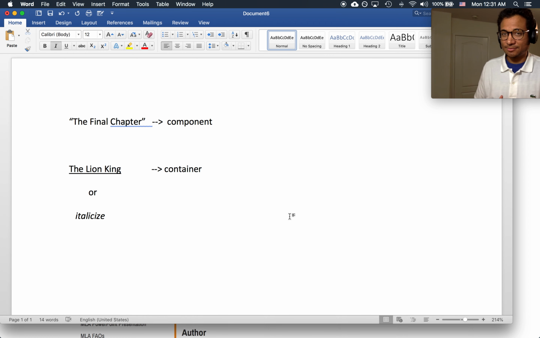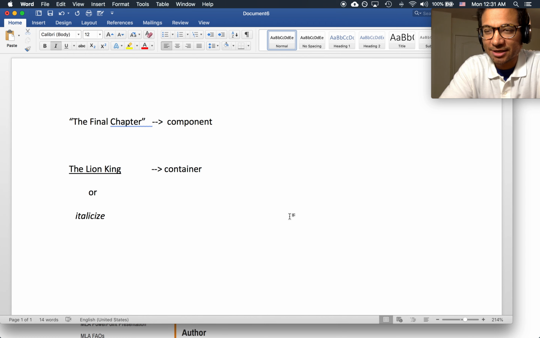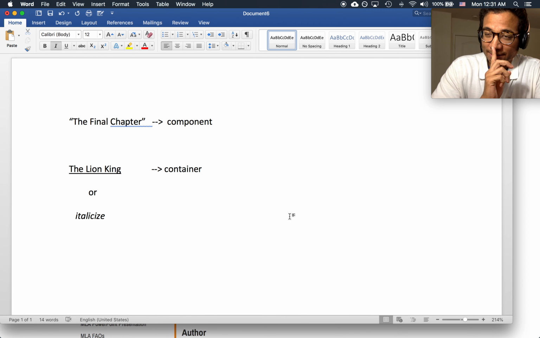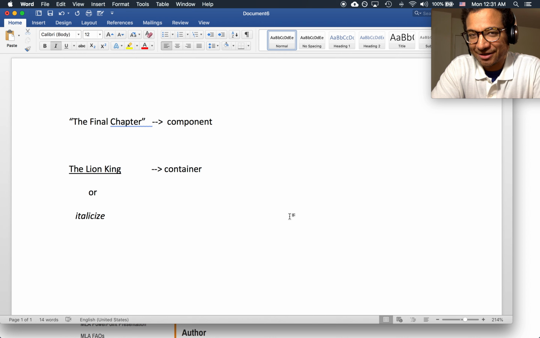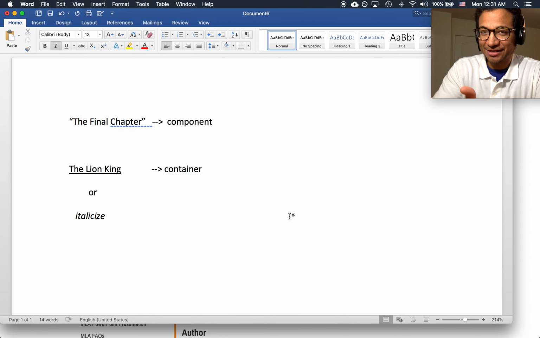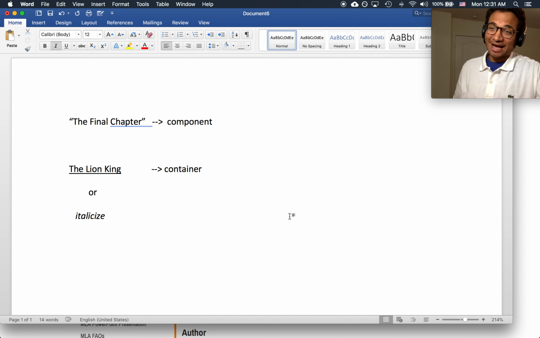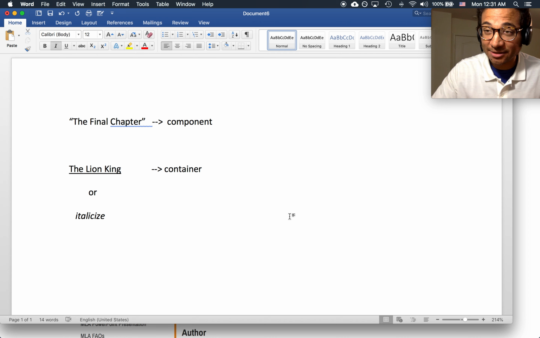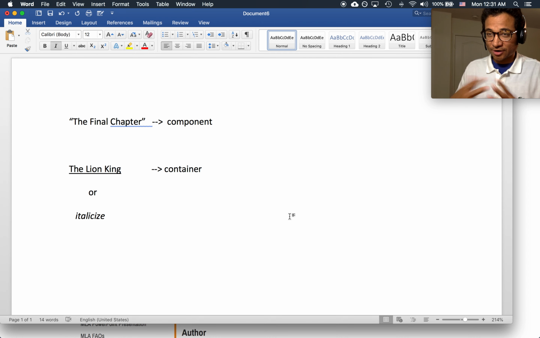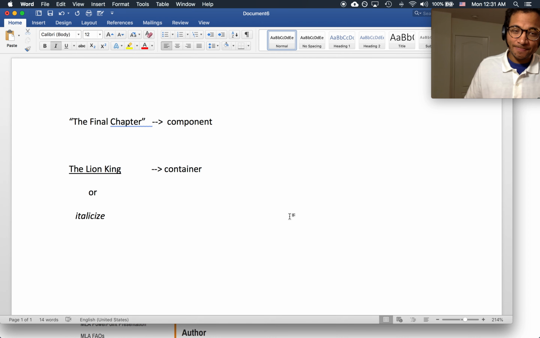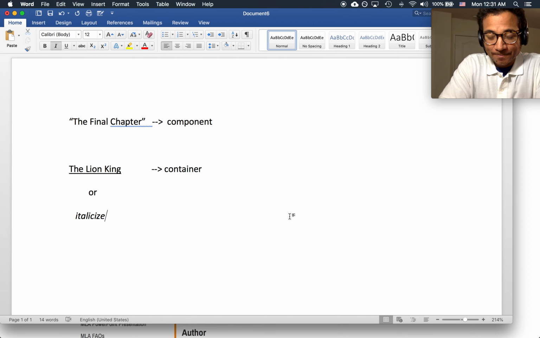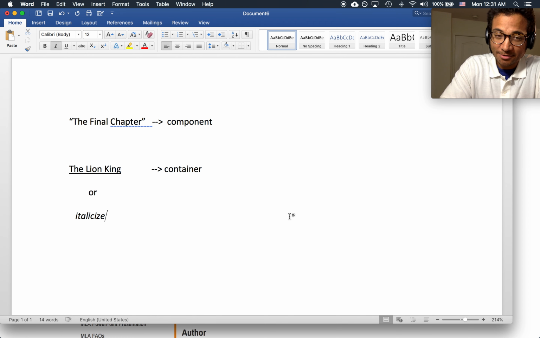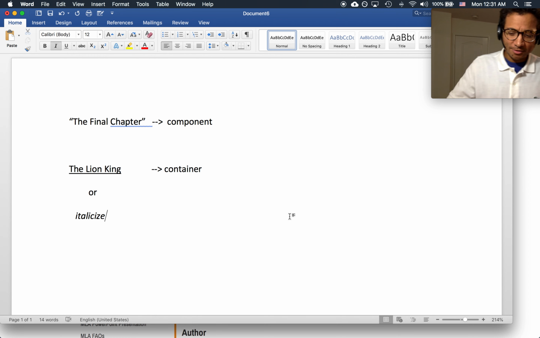Let me give you some other examples. Album, a music album. I used to have this music album by Will Smith called Big Willie Style. So that album title is a container. An album is a container because it contains songs, it contains tracks. Songs or tracks. A book is a container because it contains chapters. One other thing that I want to mention: chapters. You're like, hey, why is it that a chapter